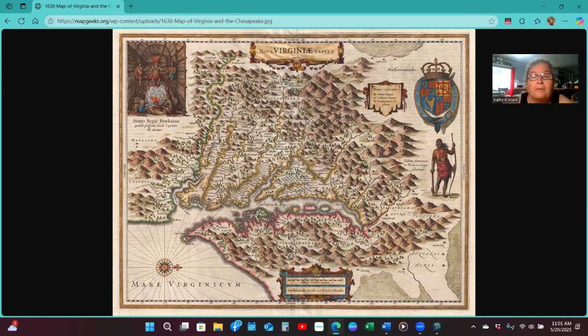A lot of our people, because I count you as my family, a lot of our people came from Virginia, came from Pennsylvania. Some of them even came from New York. And as they got over here and they made a living for themselves, they traveled into a new area. So you can see all the mountains. They even put all the mountains and stuff on this. So we can go back